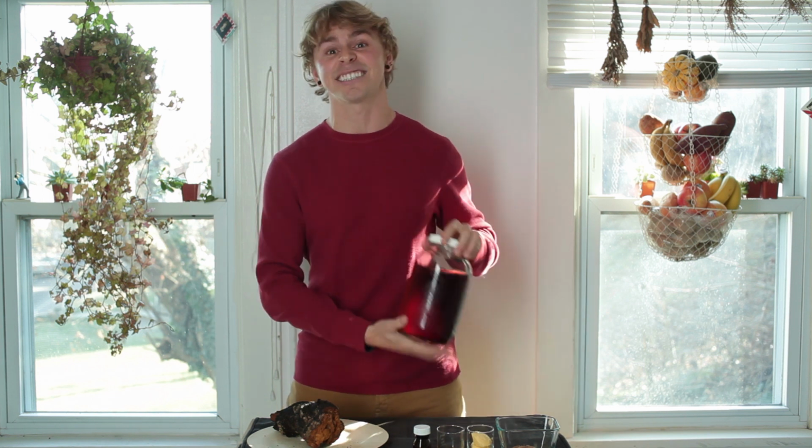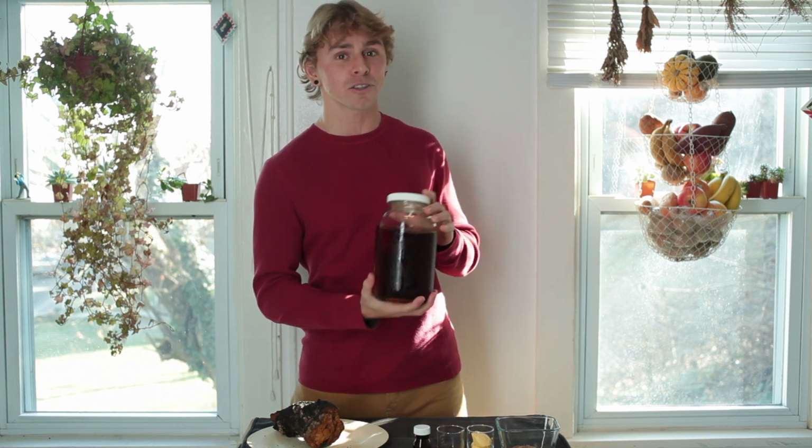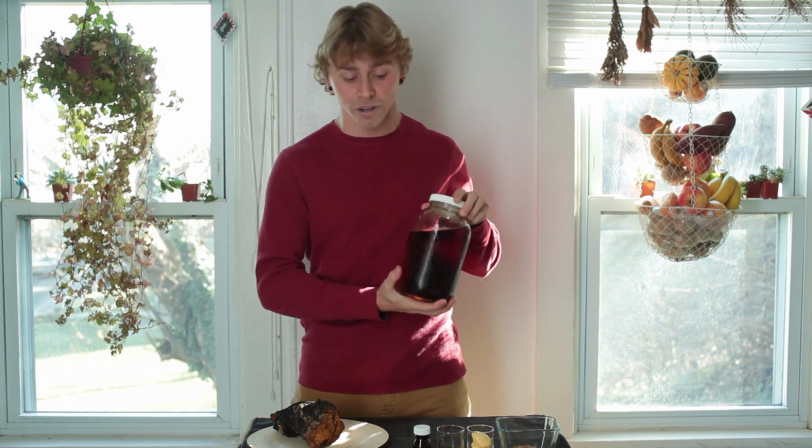Now, once you have those chunks, you don't want to compost that. You don't want to throw them away. You want to reuse them over and over and over again. And this is actually a second batch chaga. It's not the first batch, so it's not quite as dark as the first one, but there's still medicine in there. And so you can get so much medicine out of it just by making a second batch, a third batch, a fourth batch. So long as you're still getting color and a little bit of flavor,